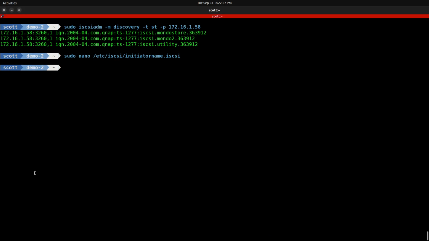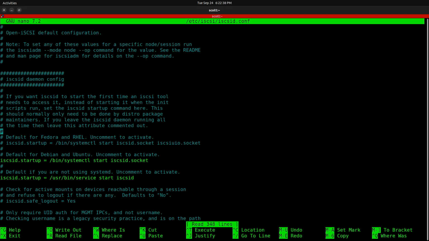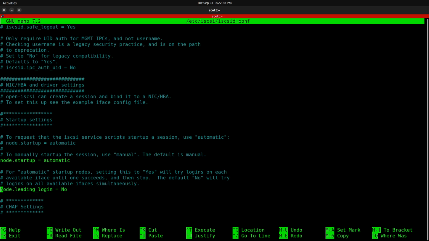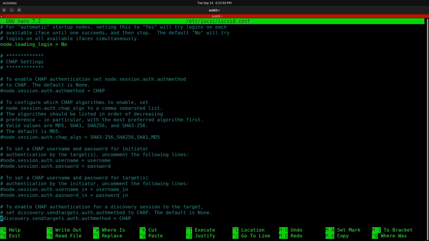Now I want to edit the iSCSI configuration file, which is in /etc/iscsi/iscsid.conf. And going into this file, we want to make sure as we scroll down that we have this line uncommented for iscsid.startup, and then iscsid startup here. I don't think you really need this line uncommented, but as we move further down in the list, we want to make sure that our node.startup equals automatic, and that should be all the changes you need to make here,